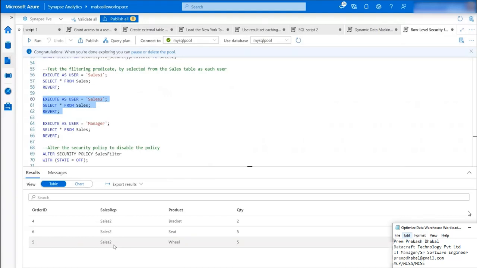So like I said before, it's really powerful with something like a Power BI dashboard, because I can now have a single dashboard over a single set of tables, but each user is only going to be able to see the data that they have access